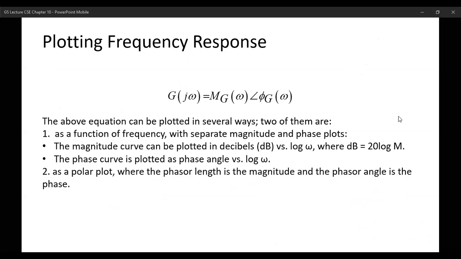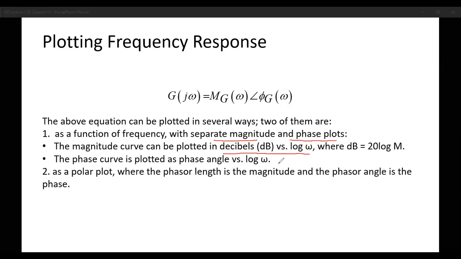Okay, so plotting the frequency response. There are several ways to do it. We are going to focus on two means of plotting the frequency response. One is where you have to draw the magnitude and the phase separately, in two separate diagrams. The magnitude will be in decibels